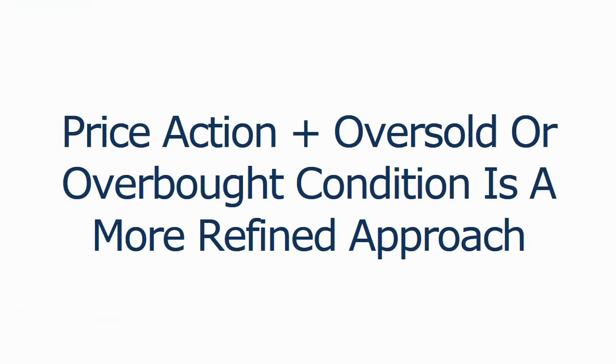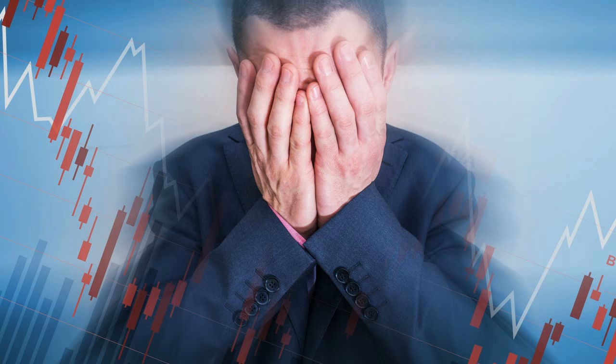So blindly trading oversold and overbought levels, as indicated by the RSI, is not a fully developed trading plan or trading strategy. Including price action and an oversold or overbought condition on the relative strength index is a more refined approach. Remember, the RSI measures momentum, and an instrument with continuing strong momentum will eventually roll over. The issue is that markets can stay at oversold or overbought levels a lot longer than you can keep being